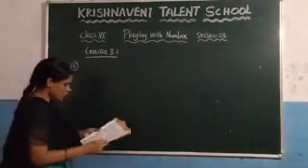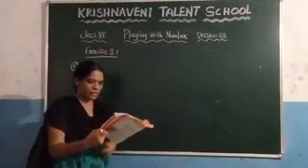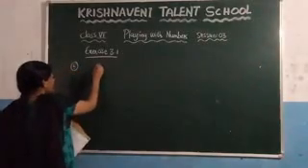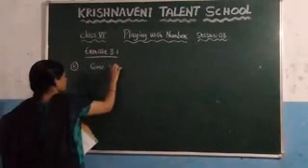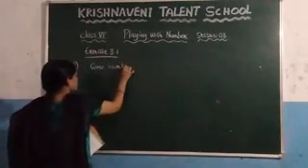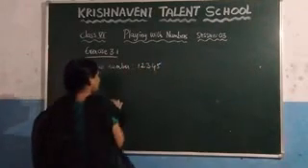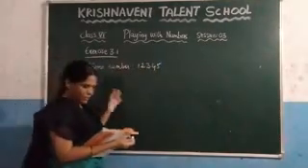What is the fifth question given here? Which numbers among 2, 3, 5, 7, 9 divide 12,345 exactly? Here they have given a number. What is the given number? The given number is 1, 2, 3, 4, 5. You need to check whether this number is divisible by 2, 3, 5, 6 or 9.